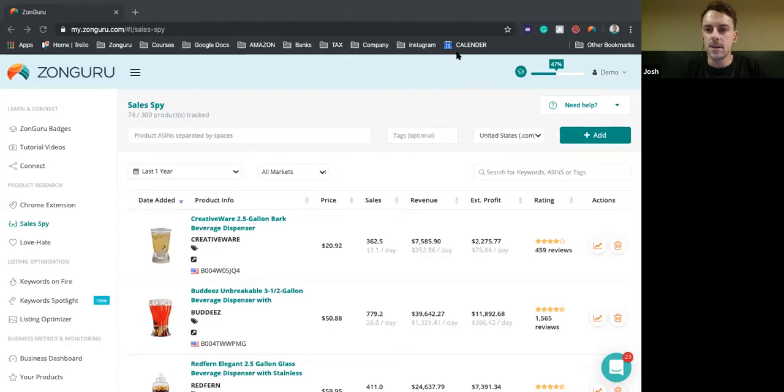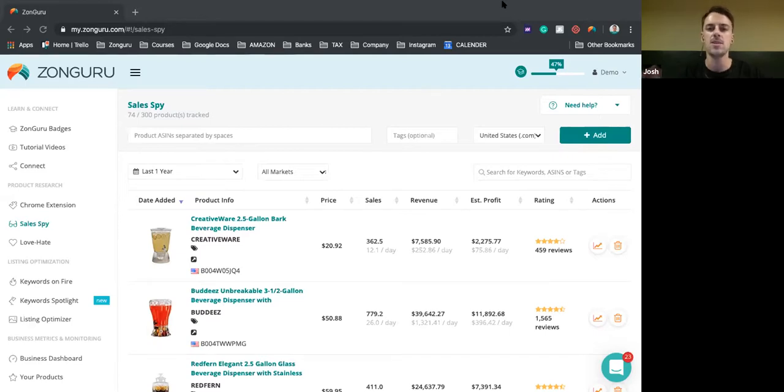All right. So next, after your Chrome extension, it's time to jump into Sales Spy. The Chrome extension takes a look at the data and the average sales based on the BSR of a product on that single day, at the exact time that you search. So depending on how that product is performing on that day will determine the revenue that you're seeing generated in the Chrome extension. So to get a really accurate estimation of how this product sells throughout the whole year, you